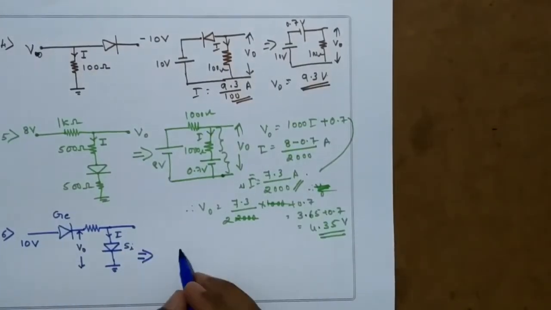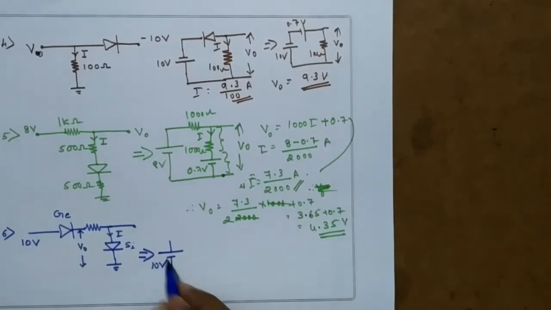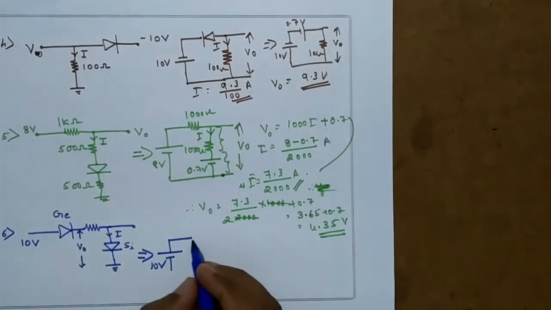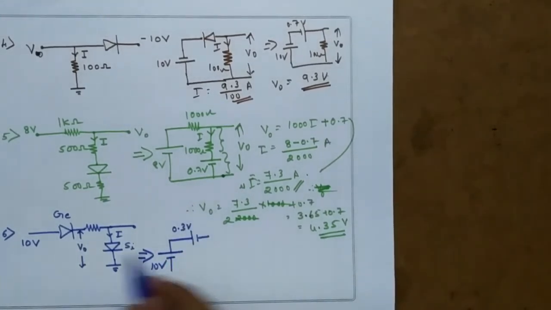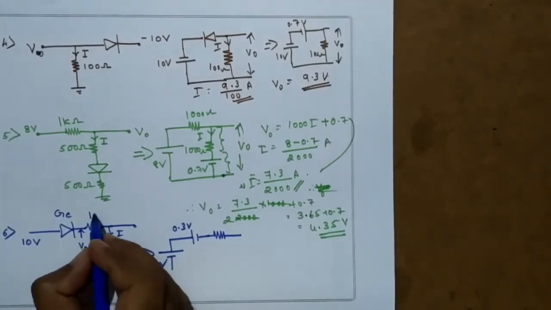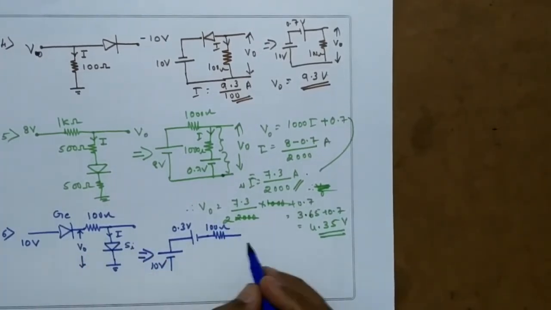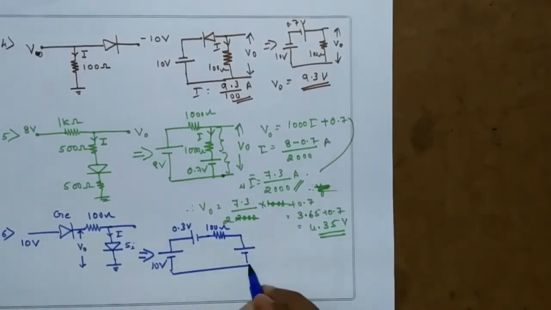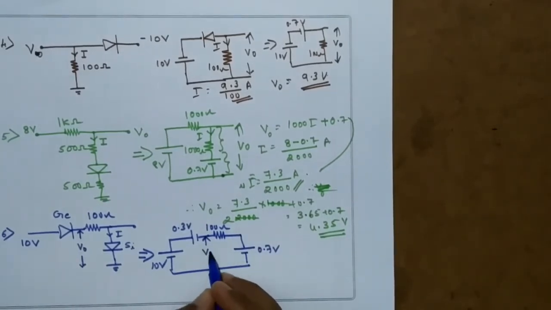Sorry, sixth one, similar kind. So here this is 10 volt. This is germanium. This is forward bias because higher potential is connected here. We replace it by 0.3 volt. It's cut-in voltage. And here, I'll take this as 100 ohm. And this diode also will be forward biased. It is 0.7 volt. And the voltage here is asked V naught